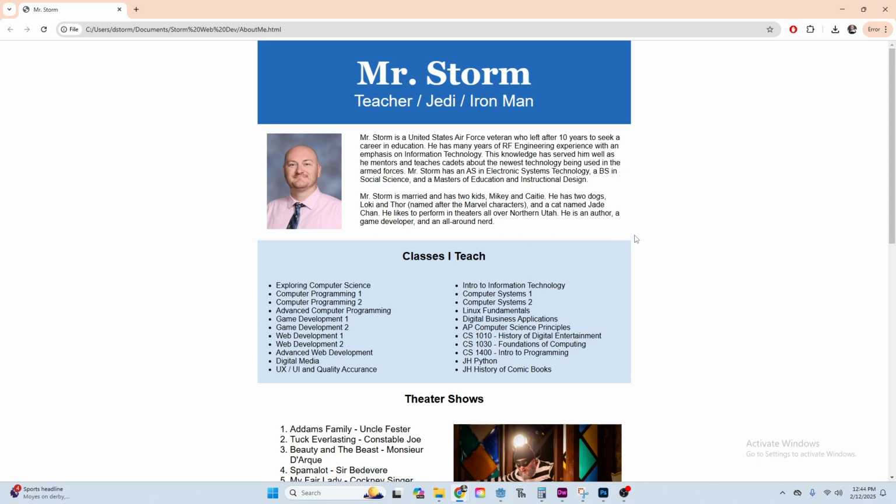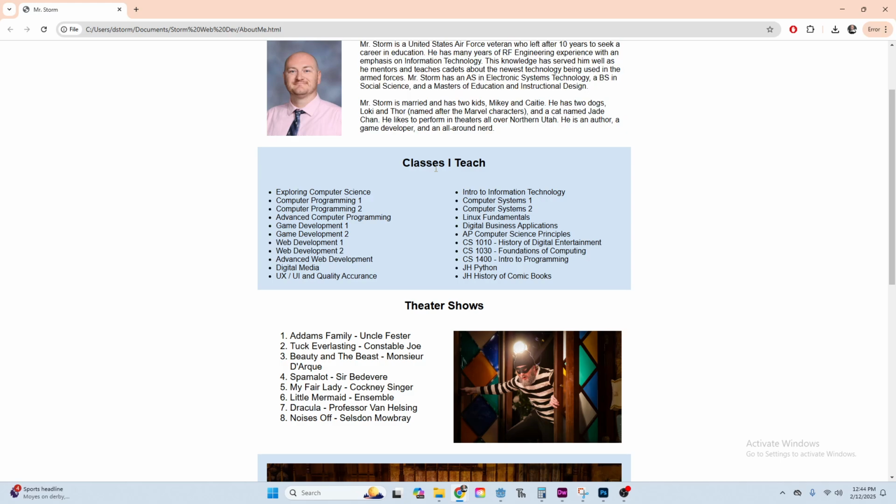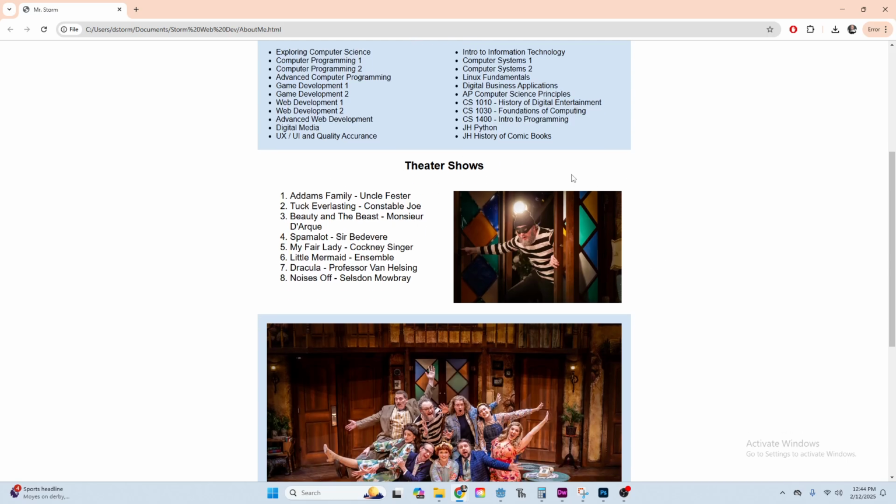The way this is set up is using that column class that we created in our template. This is a column quarter. This is a column 3/4. Then I have a column full with an H2 inside of it. So this right here by itself is its own div. And then I have two separate divs that are column halves with lists inside of them. So unordered lists. Then I have another column full, and two more column halves, one with an ordered